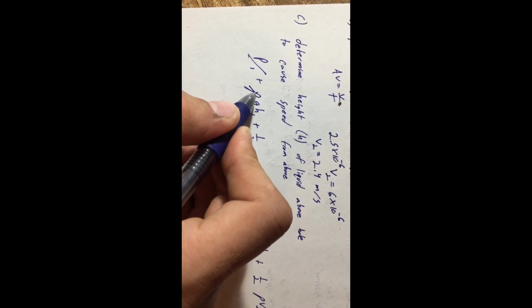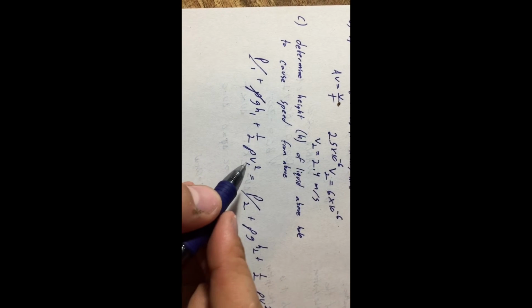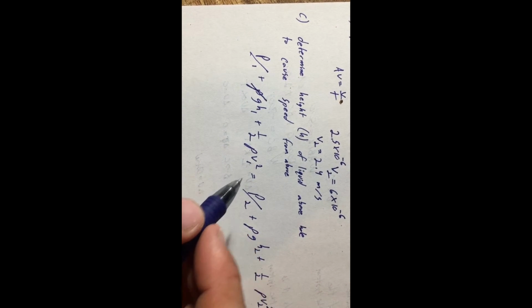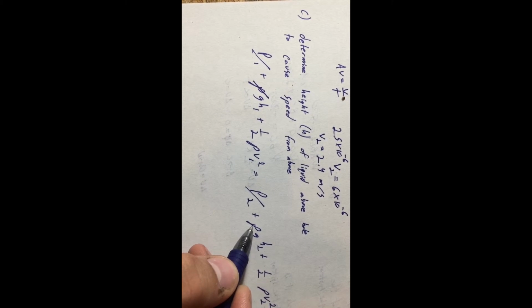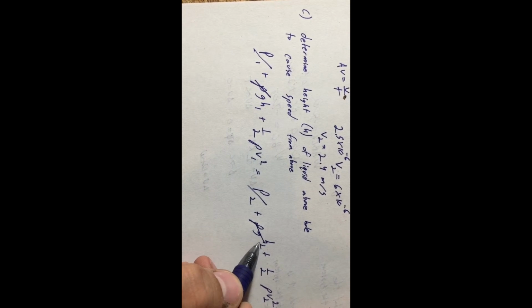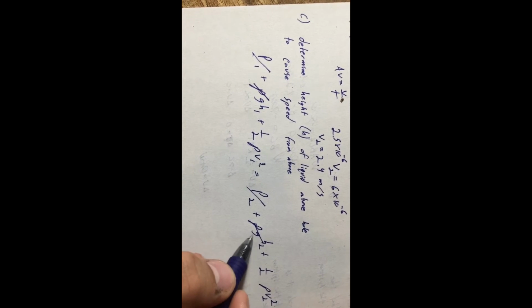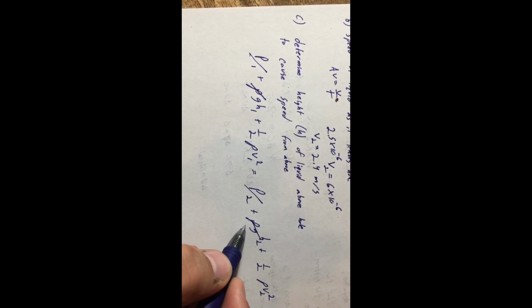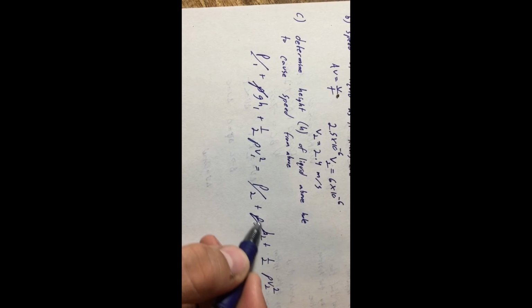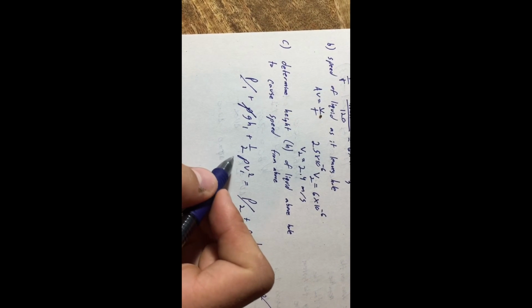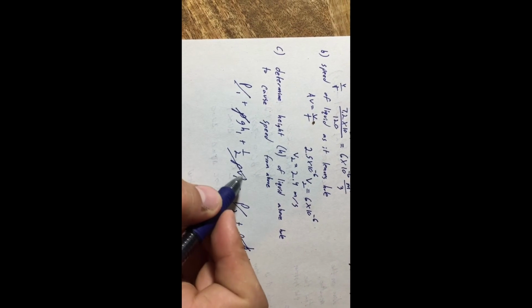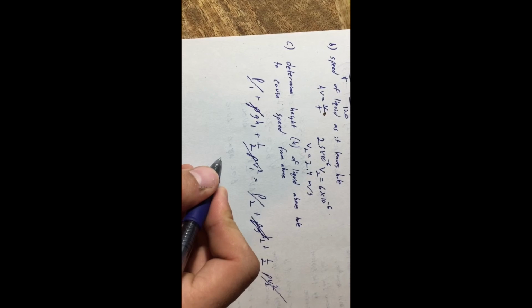It's the same liquid, so you can cross out the rho there. And eventually we'll just be able to cancel out a lot of these things, so I'll just go ahead and do that. Yep. So eventually what we're left with is